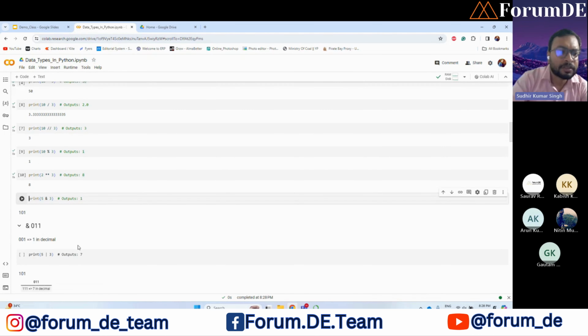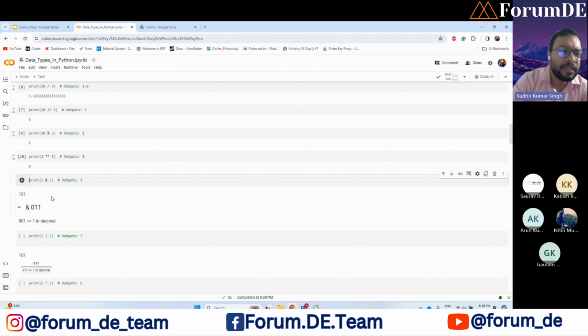We'll see here how this AND operator operates. For this AND operator to operate, first the numerical integer needs to be converted into a binary number. So the binary form of 5 is 101. And I guess everyone knows how to convert decimal to binary and binary to decimal. So let me know if anyone needs to know how to convert decimal to binary or binary to decimal. I can discuss it once.